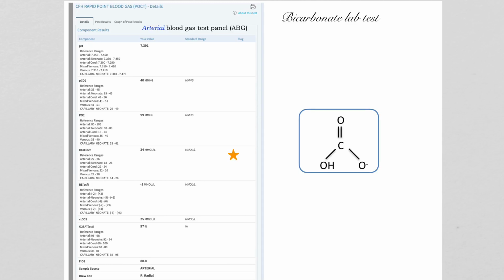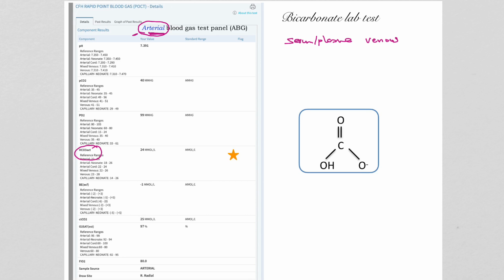So bicarbonate is a test that is quite often ordered in the clinical setting. Typically, this is a test that is done in arterial blood. Most of the tests we discussed before were done either in serum or plasma that was obtained from venous blood. But this one is actually obtained from arterial blood, and so there are specialized clinicians who are trained to get the sample from the arterial